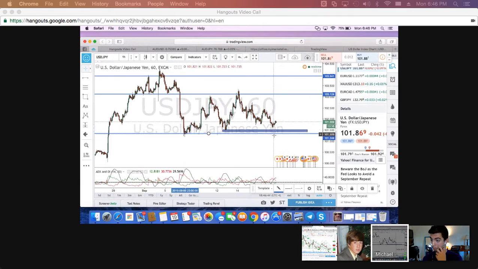So I wait for the initial move, the initial breakout. Like right here was the initial breakout. People were selling, and then all of a sudden, if they're not taking profits, they're negative. And then that's when I would have got in and sold it and kept moving my stop loss down. And I don't think you would have got stopped out here because they made a nice move down.